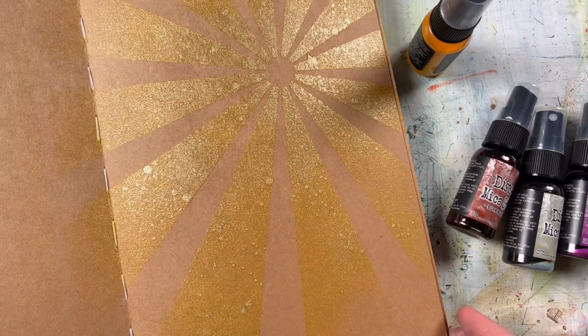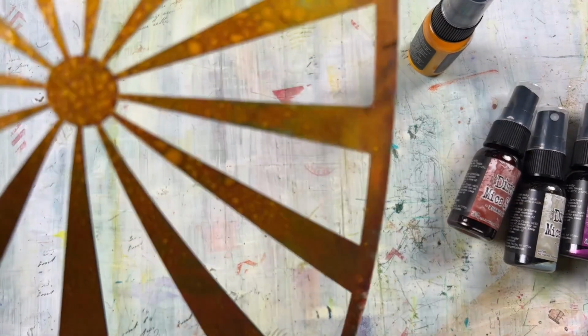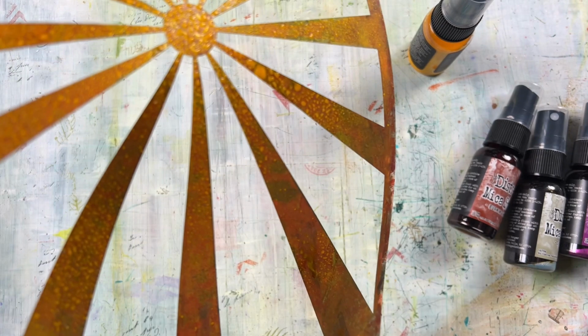Right, so that's the sunshine stencil, and again, I've got some left over on the stencil. I'll just move this journal aside because that is still drying. This is where I start running out of space already. Okay, and then we'll just grab another journal,